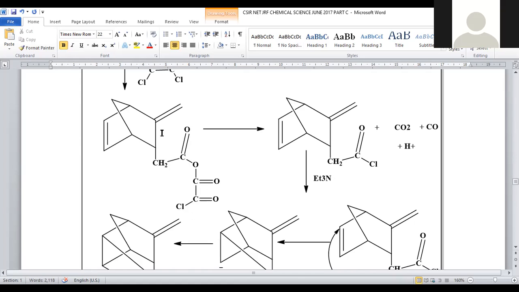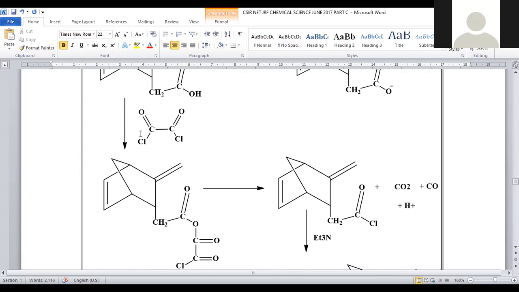Why can we say this is highly sterically hindered? Here a C double bond O group is there, an adjacent oxygen, and adjacent C double bond O groups. So many oxygens at the same position will not be preferable, because each oxygen is associated with 2 lone pairs of electrons and their compact arrangement is not at all preferable. That's the reason it immediately undergoes dissociation. One of the carbon dioxide units, O, C double bond O, is converted into CO, and the remaining CO is carbon monoxide. This chloro group will be added to this C double bond O. Hence, it is a chloride.